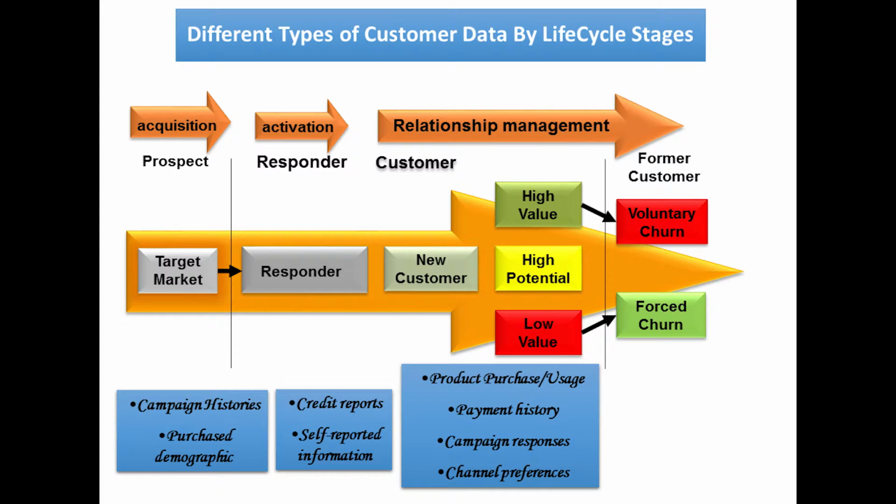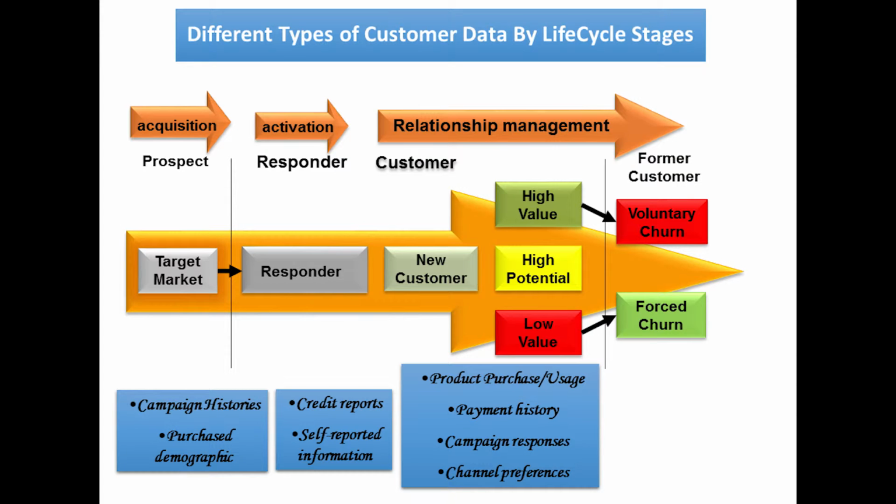So I've got data on those individuals in terms of their creditworthiness, and other things on there that might be indicative of the types of products they like. I also get any other self-reported information that comes from those different responses. Then over time, as they've been customers for some period, I can collect data on their payment histories, their campaign responses, their channel preferences, what works for me as an organization, and their product purchase and usage. Those are all data that I get from the customer over time. All that data goes into feeding a lot of these different models that I'm going to talk